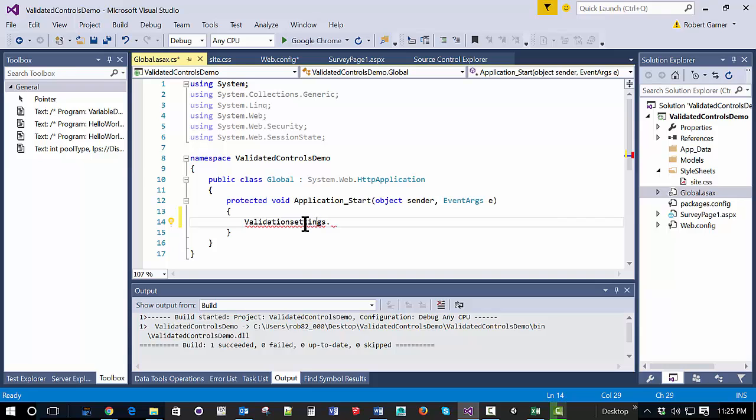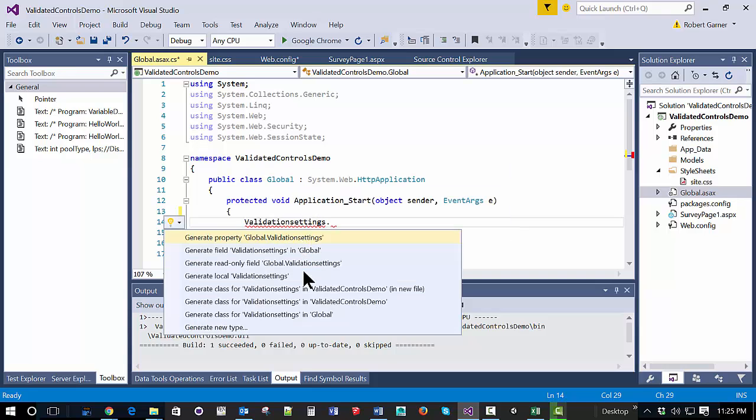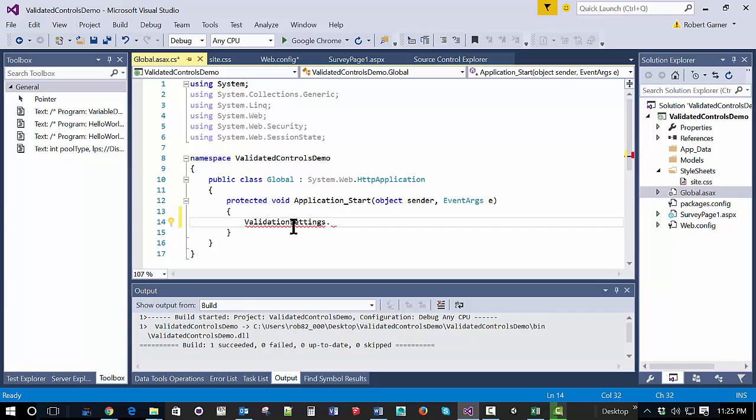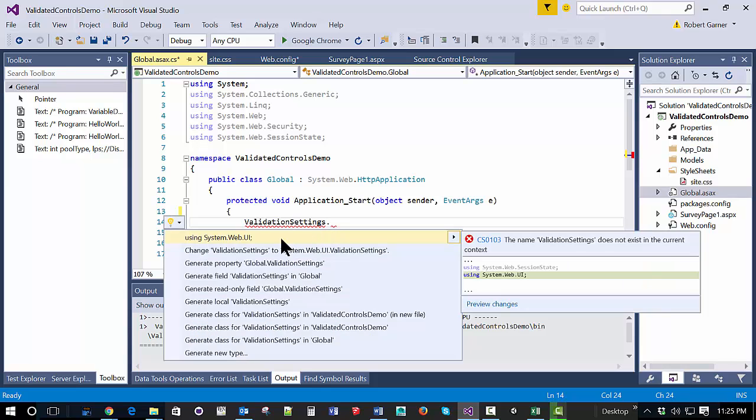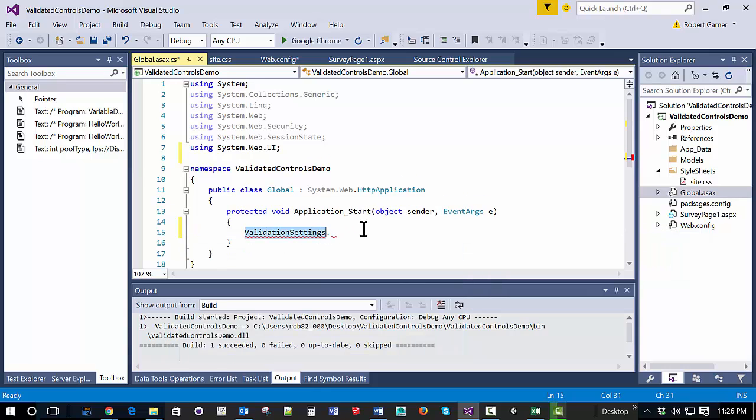I'm going to put control dot. It doesn't find it. And it's capital S. But when you put that in, you have to have the using statement, System.Web.UI. Once you have that,